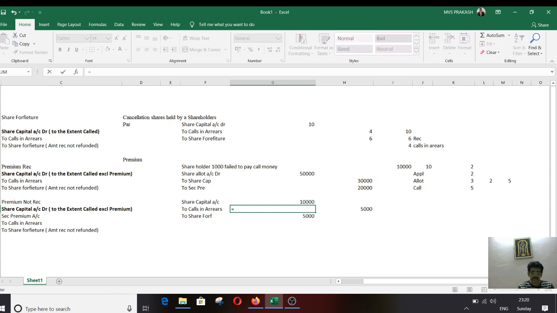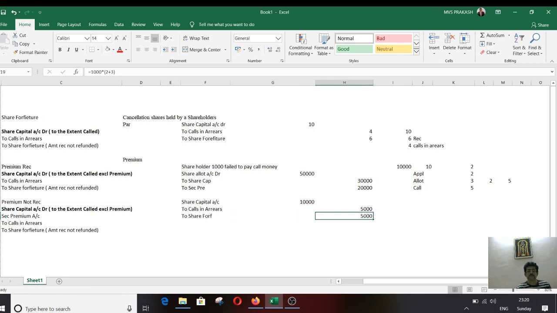And what are the calls in arrears? On 1000 shares I had not received 5. So ultimately this is nothing but my arrears. So this is the amount which I have to credit to my share forfeiture account. That's the entry which I should pass when, if